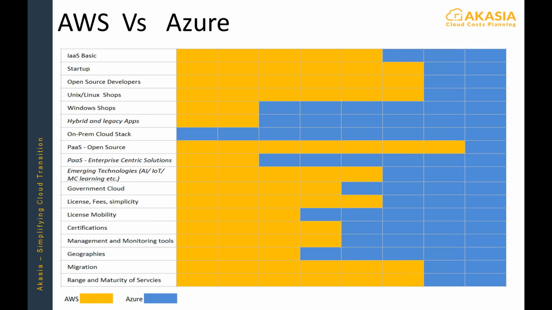Now, one of the reasons why you go to the cloud is not necessarily just because you want to rent a bunch of servers and storage. You really want to take advantage of the platforms available, right? Pre-packaged platforms for databases, big data, IoT, and so on. So when it comes to a PaaS solution built on open source technology, Amazon is by far a leader in that area as well.